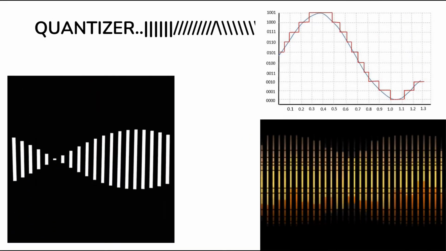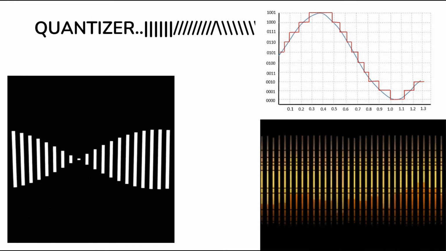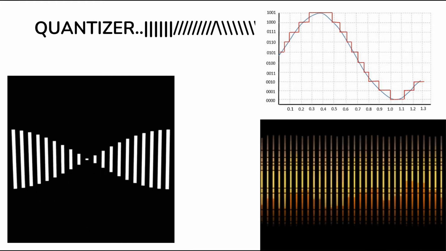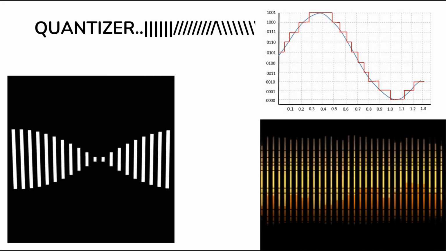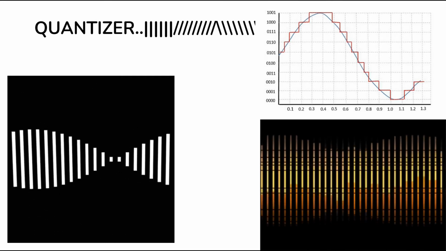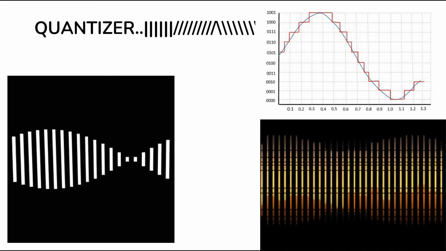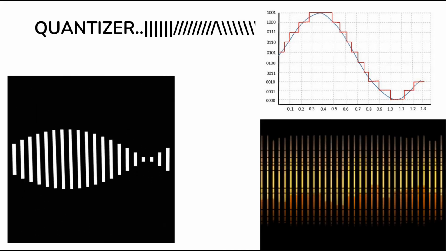A quantizer rounds off these sample values to a discrete value in a set of L quantization levels. The resulting quantized samples g_Q(nTs) are discrete in time by virtue of sampling and discrete in amplitude by virtue of quantizing. Graphically, the quantizing process means that a straight line representing the relation between the input and the output of a linear continuous system is replaced by a staircase characteristic. You can see one such characteristic in the graph.